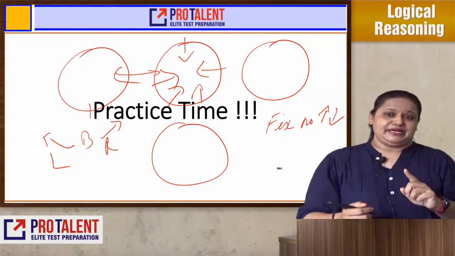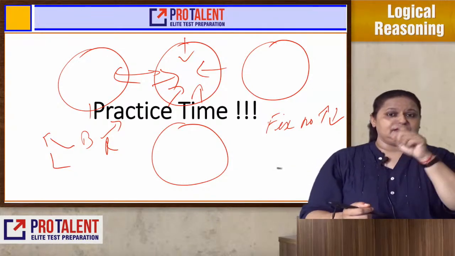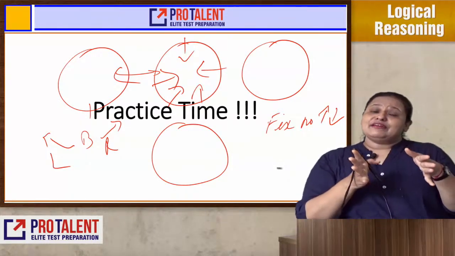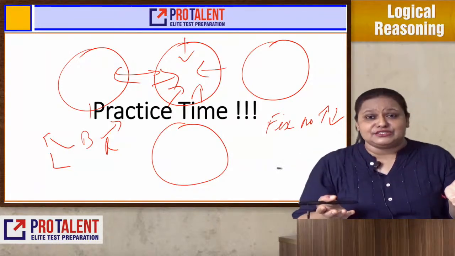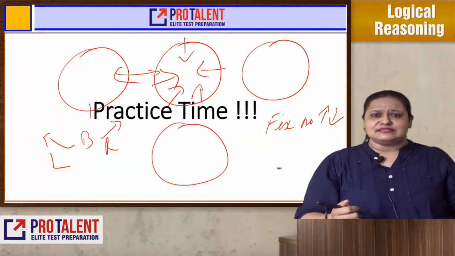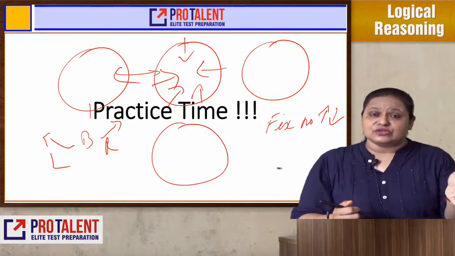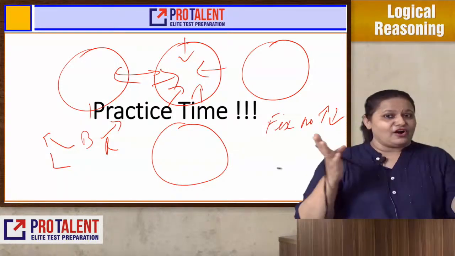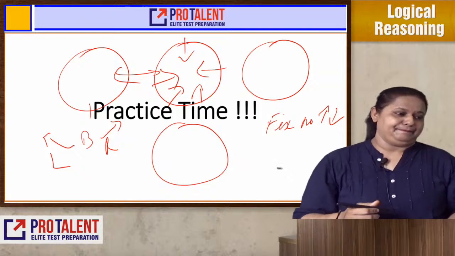With this circular arrangement, there is one more category, where along with people arranged in a circular form, the question is related to, for example, blood relations. So a father is sitting exactly opposite the son, mother is sitting beside the son, or like that. The relation can be there, or it can be with respect to colors, or with respect to profession. So that is going to be the 5th category. So let's see how many we are in a position to do today. All right, fine. Okay,